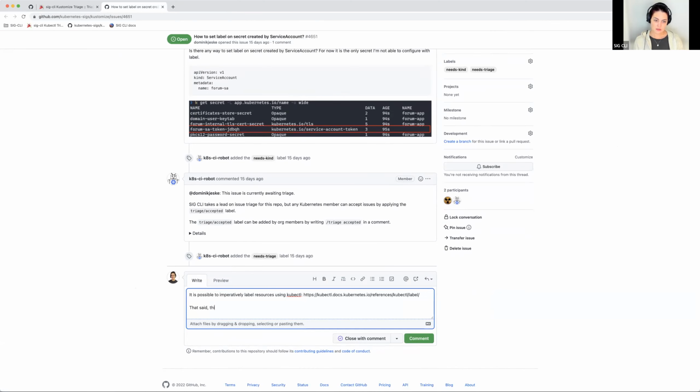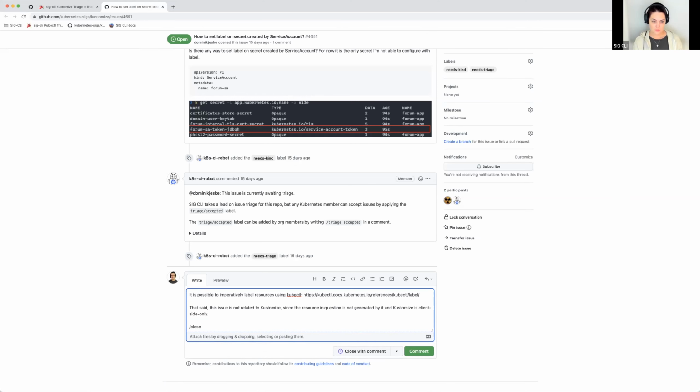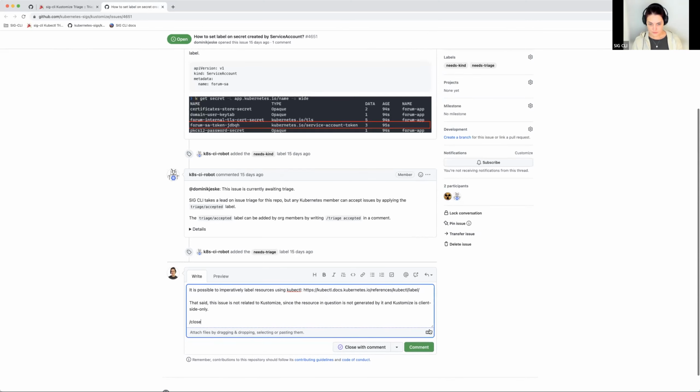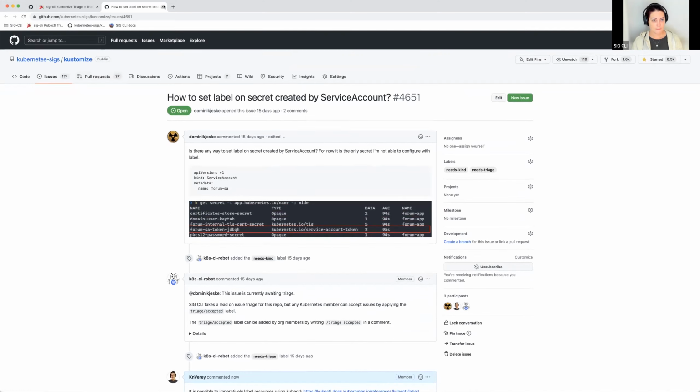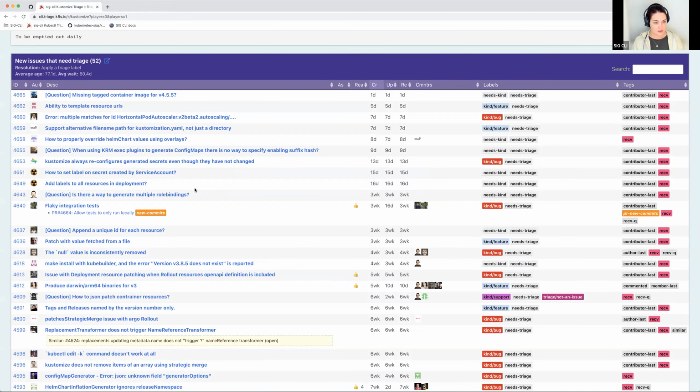That said, this issue is not related to Kustomize since the resource in question is not generated by it. Kustomize is